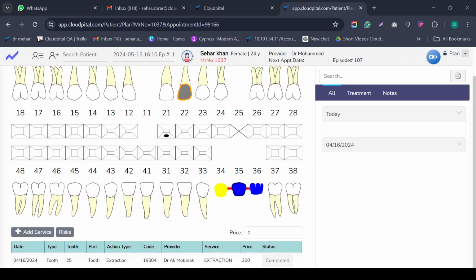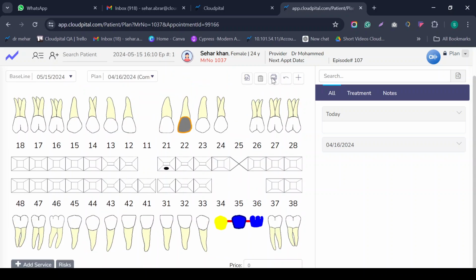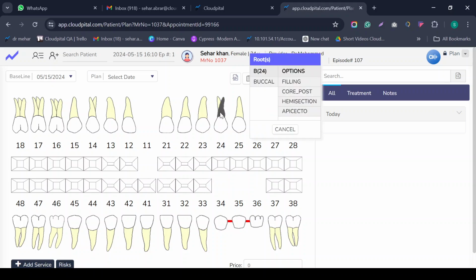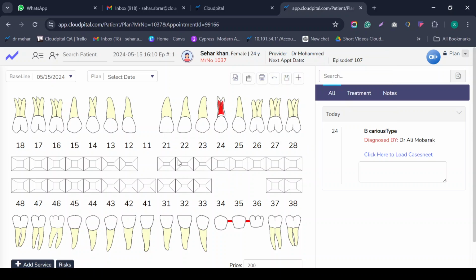Just click on the points and then add the data. After adding data, you just need to write some of the points, if you're missing some data. For example, if I'm adding a new plan, I'm already selecting the previous baseline, and then for example if the doctor says they missed some of the points in the last baseline, we can also add it in this screen as well. I'm just saving this plan because all of the process is already created. You just need to save this plan.